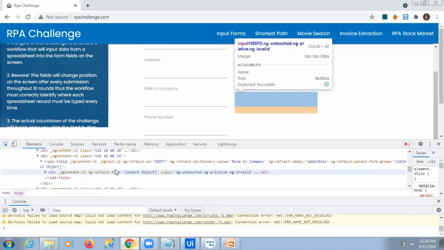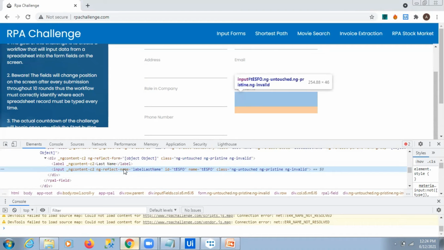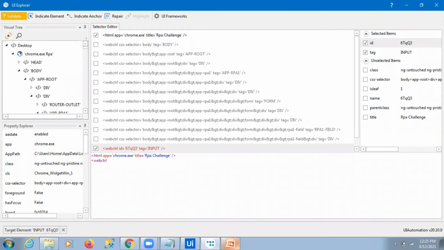So here I create my own selector. I double click here and copy the background selector, then go to my UI Explorer and type the CSS selector to create my own selector.